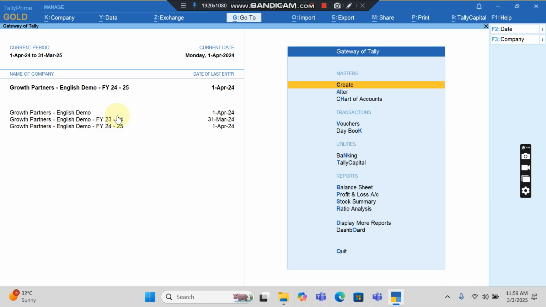This is the idea. And you can move these Tally data to a different folder because you'll not be using them very often. And you can also keep a backup of the complete data in case you want to refer to it anytime later. So this is the procedure by which you can split the Tally data into multiple years